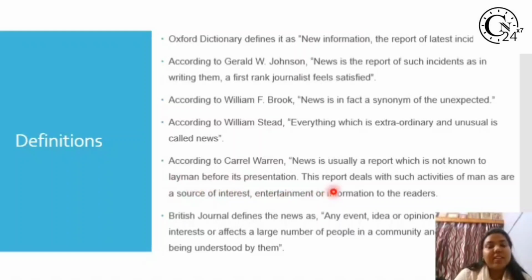And then he says this report deals with such activities of men as are a source of interest, entertainment, information. So what does this include? A source of interest, entertainment and information. So there should be three elements: source of interest, entertainment and information. Next,